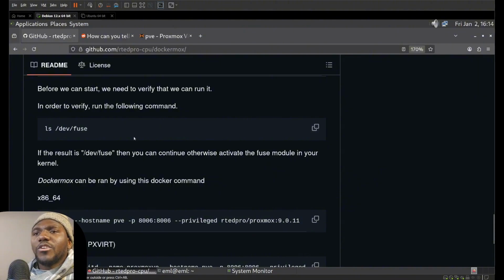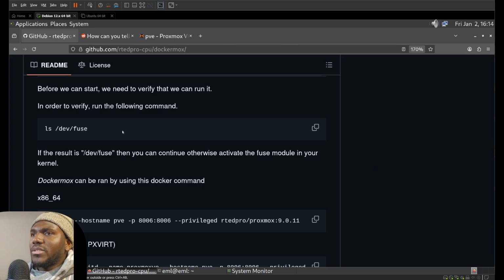Just run this command on your CLI, which is basically this is FUSE, just to check. I think in the older versions of Debian or Linux, this FUSE was deactivated by default, but in the newer versions it's actually activated. But you can just run it. When you receive a response like this, it means it is actually active. FUSE is File System in Userspace. What that means is any non-kernel file system like overlayFS, SSHFS, and fuse-overlayfs, they can be